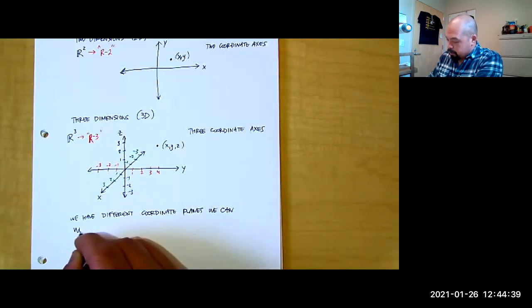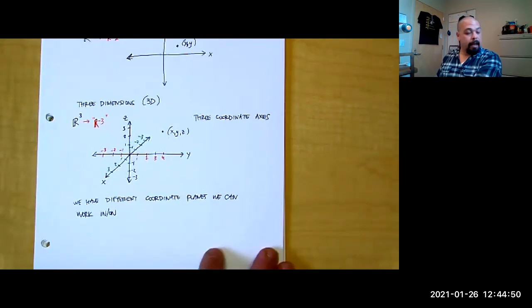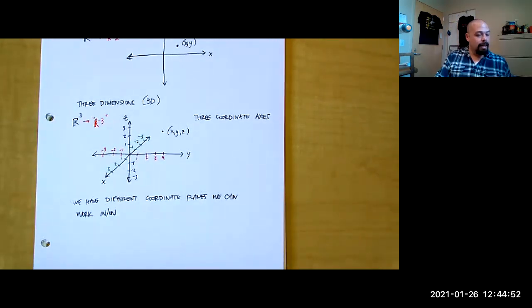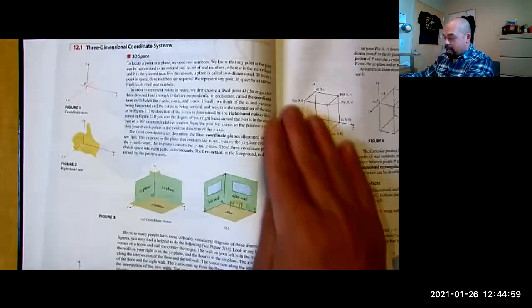We can work in or on amongst our coordinate system, and so these are just different ways of organizing. I'm going to use the textbook again, and I'm going to draw it. But we can start to identify, and again, this is on that page 832,